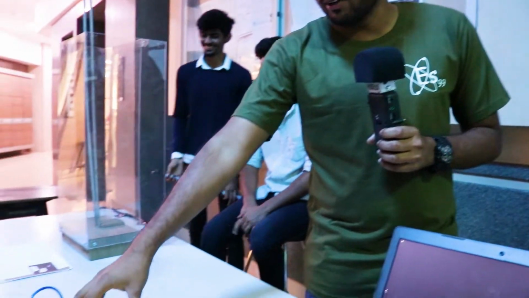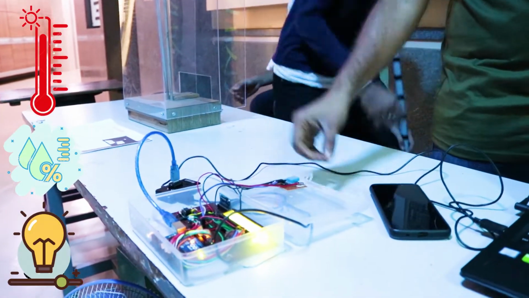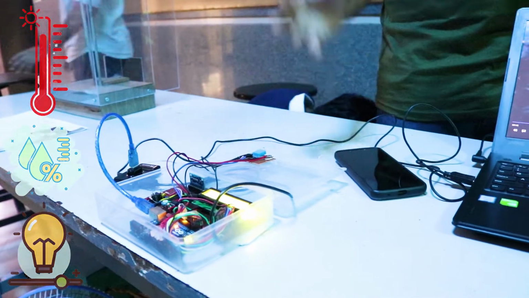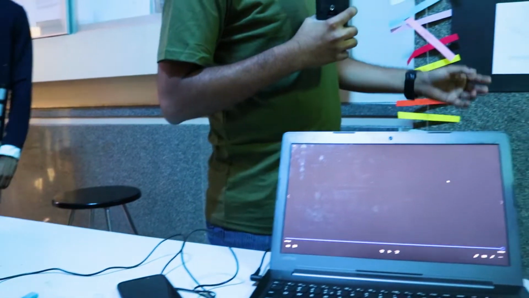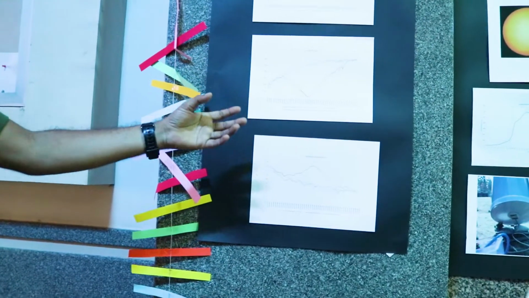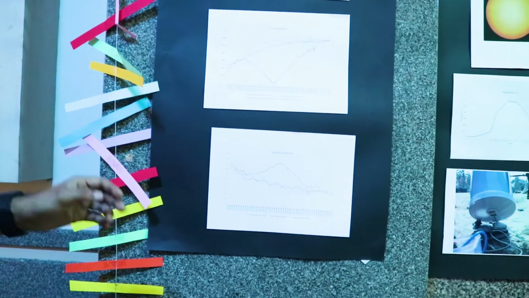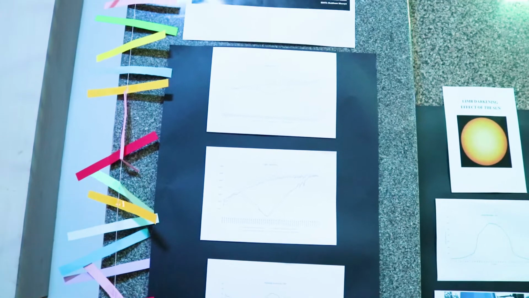And in the experiment part, we designed a weather station. This detects temperature, humidity and light intensity and displays it on the display. So we took this to Mangalore and then we performed a series of experiments. We tried to observe and understand how environmental parameters change during an eclipse. We conducted this experiment for 3 days, one eclipse day and 2 non-eclipse days.